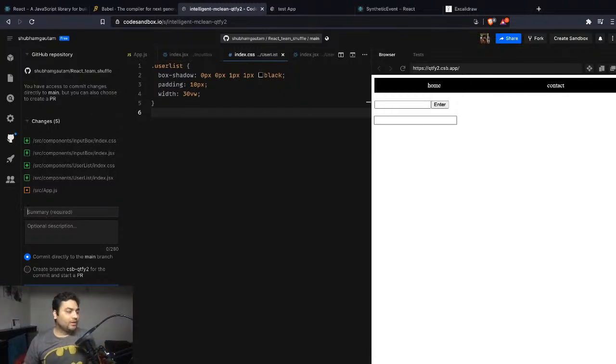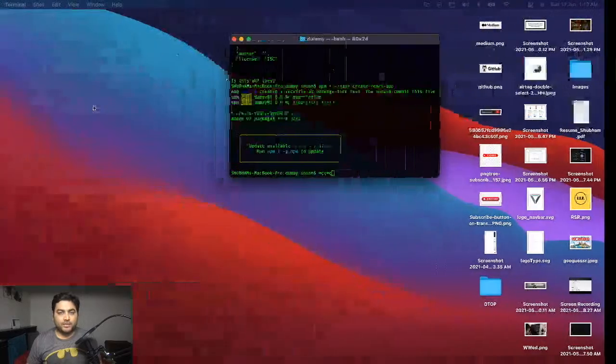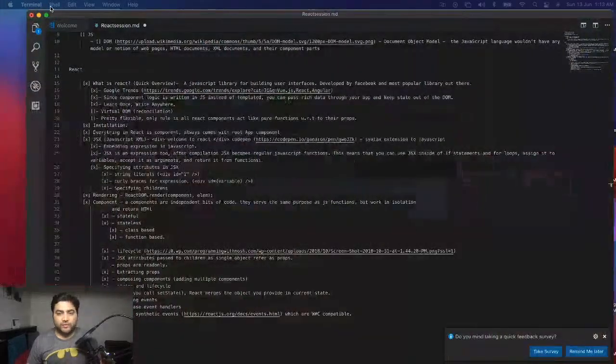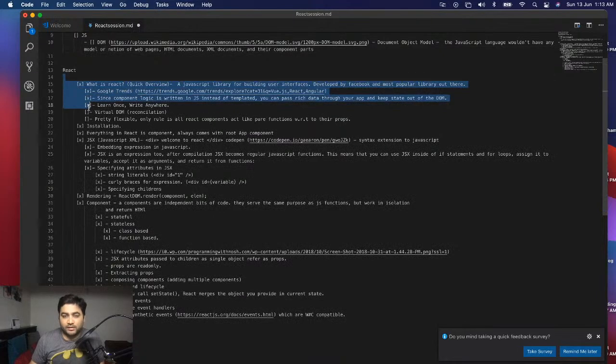Hopefully, guys, we have touched base on the following things today, and hopefully it's clear to you. We have started with the prerequisites from HTML, CSS, and JS to React. Right, what React is and why you need React, where you need to learn React, and the installation, everything about React, a component, the JSX, embedding expressions in JSX, specifying attributes in JSX, how the JSX is interpreted in JavaScript, and rendering, how React's render works,